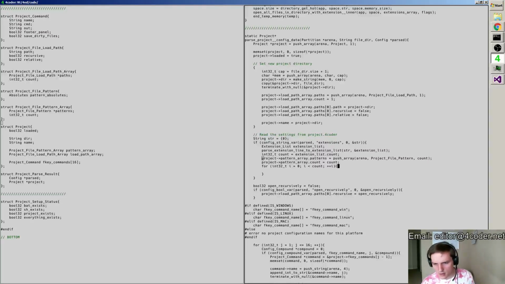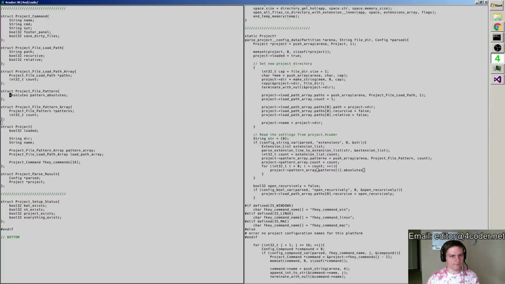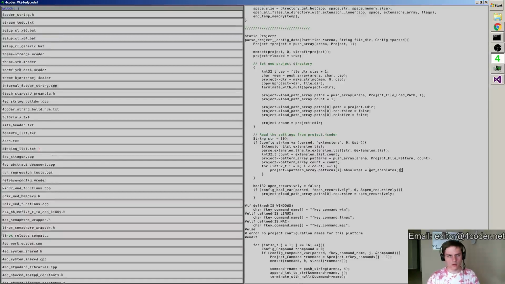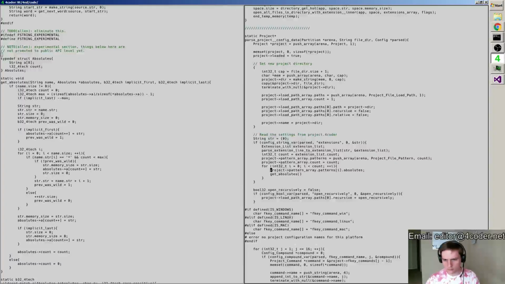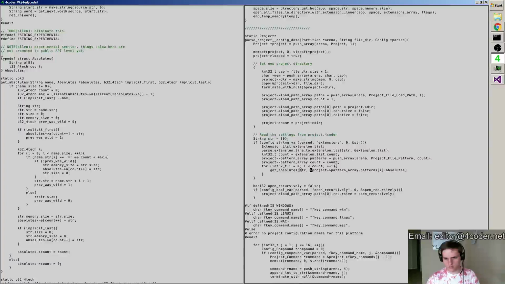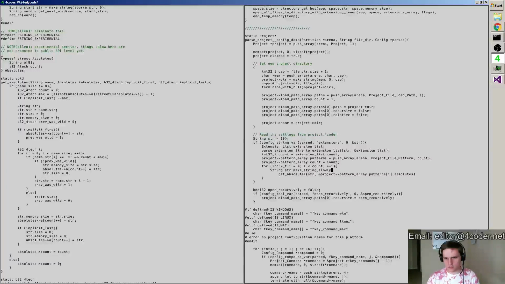So there's our patterns, and then in here, project pattern array patterns I dot pattern absolutes. I'll just call that absolutes, I guess. Get absolutes. Alright, and how do we get absolutes? I just have to give you the string. Oh, I see. Okay. String. Make string slowly. We're going to take the extension list that we parsed, and again, take me to the definition